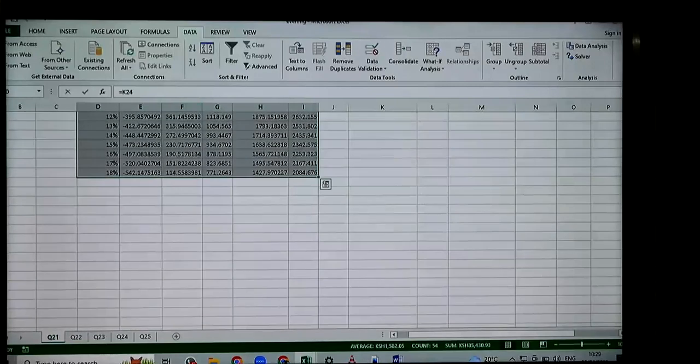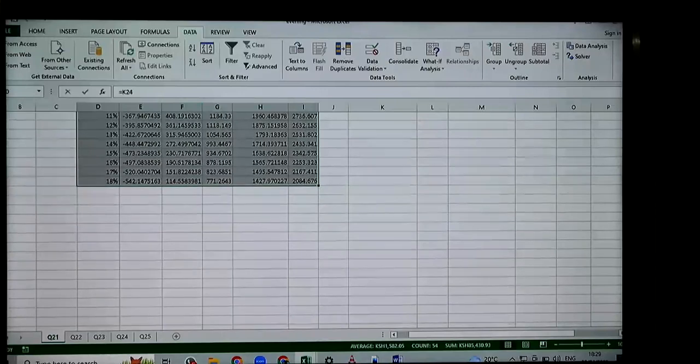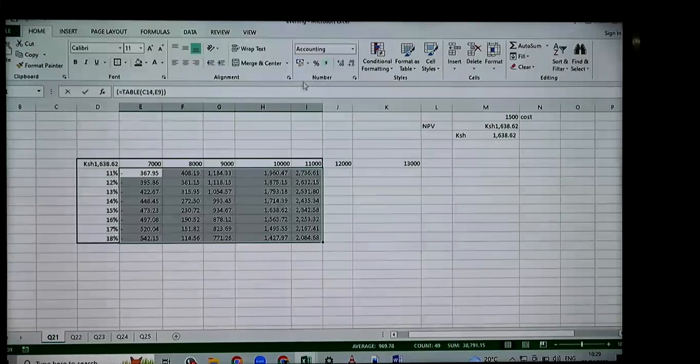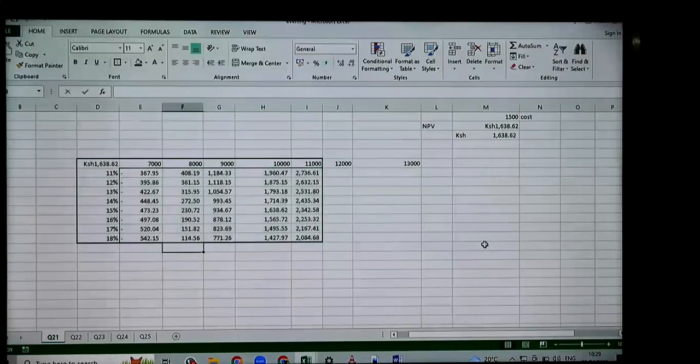And there is my table. So just to confirm that the table is correct, our value here was 1638. Maybe I'll do 2 decimal places. I come to Home and I do the comma sign here. At 2 decimal places, you can find that at 15% and at 10,000 units. Sorry, I didn't take this into the table. It's the 62. This one is just to confirm if the table is correct. And also,